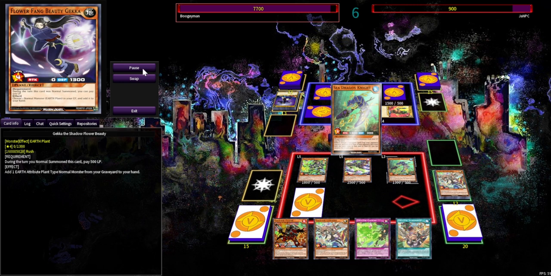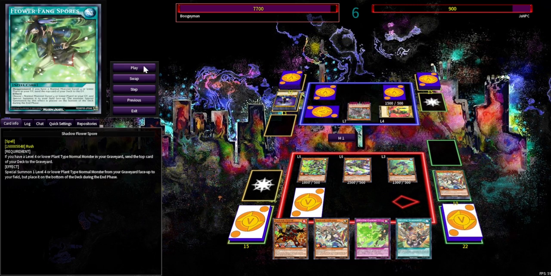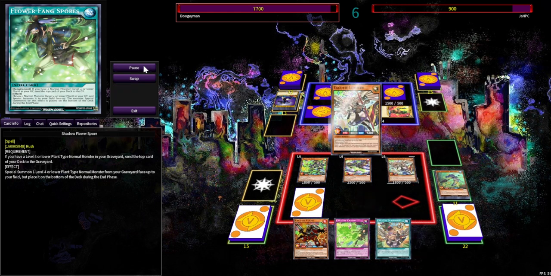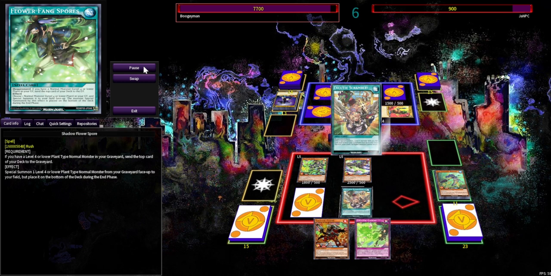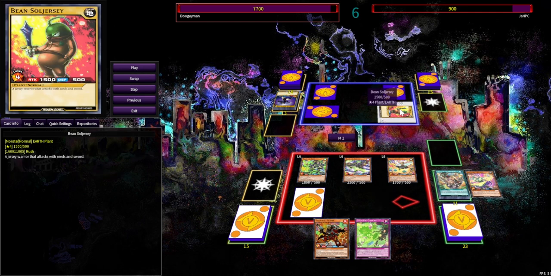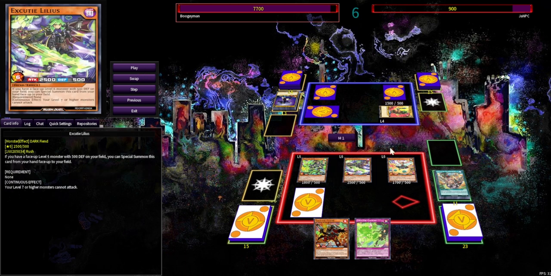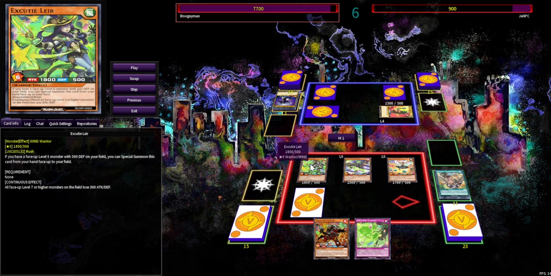And we'll use the Siege Dragonite here to track the back row. We find the Shadowfall Spore here, which is not a trap notably. We'll tribute it for the Lumiere, use its effect to spin it and the Planish back into the deck. Then we'll use the Excutie Scramble here to summon the Lilius here and use that to flip the Beam Soldier up into attack here. My thinking here is I could use either the Lucy or the Lair to attack